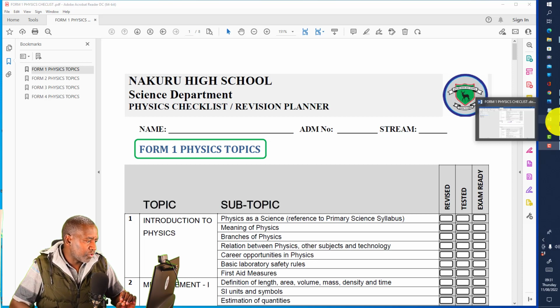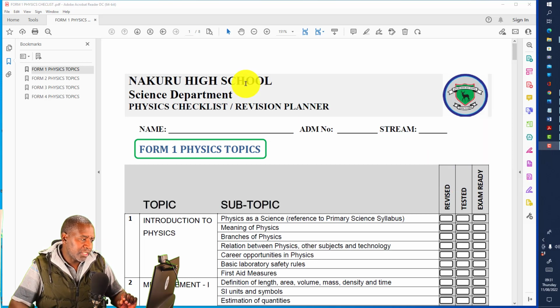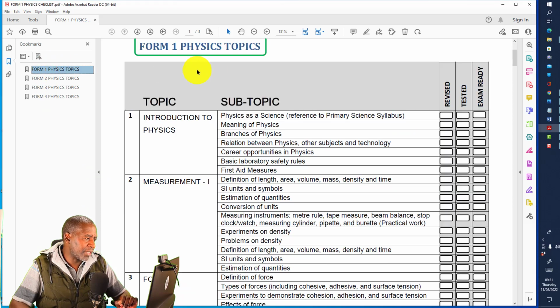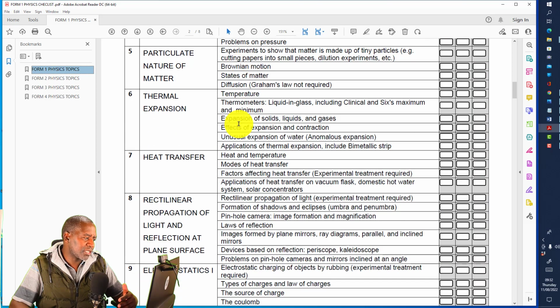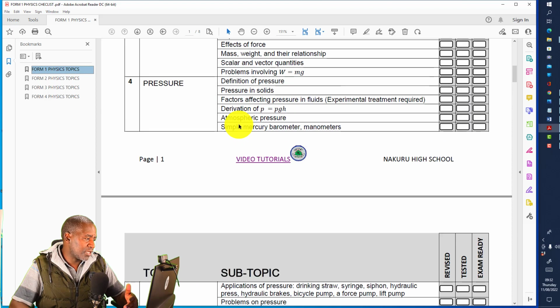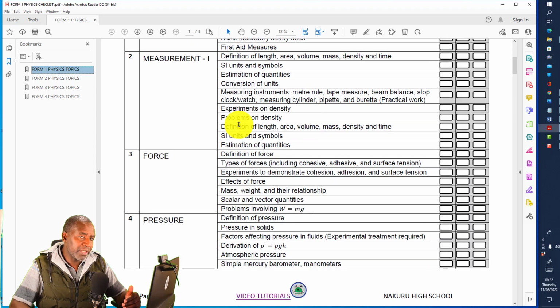It's a PDF document. It's got 8 pages. I've already sent it to your email. You can download this. What does it have? On the left hand side, you will be able to see a navigation where I've put the forms. For example, if you click form 1, you will have the topics in form 1 pop up, and it's just a summary of the main subtopics, such that, for example, let's say you are learning the topic force,